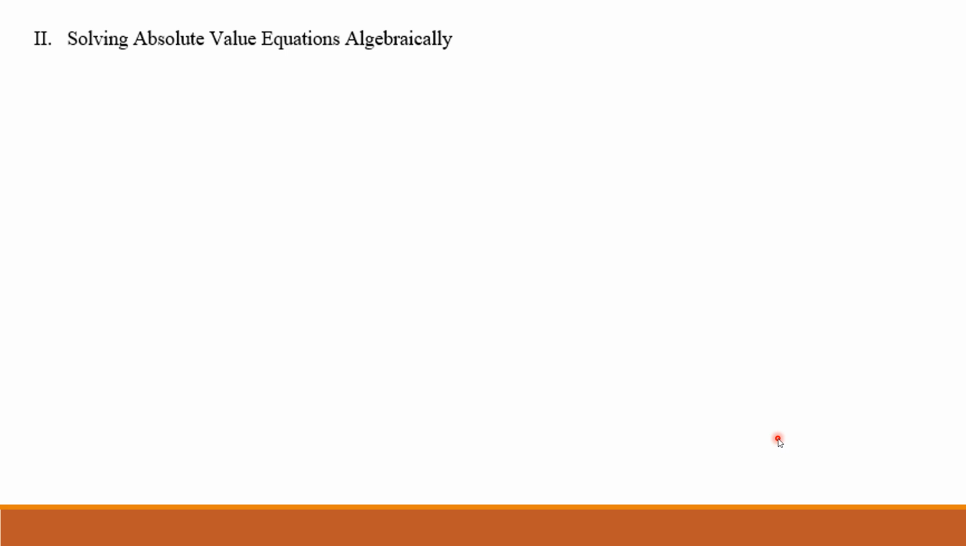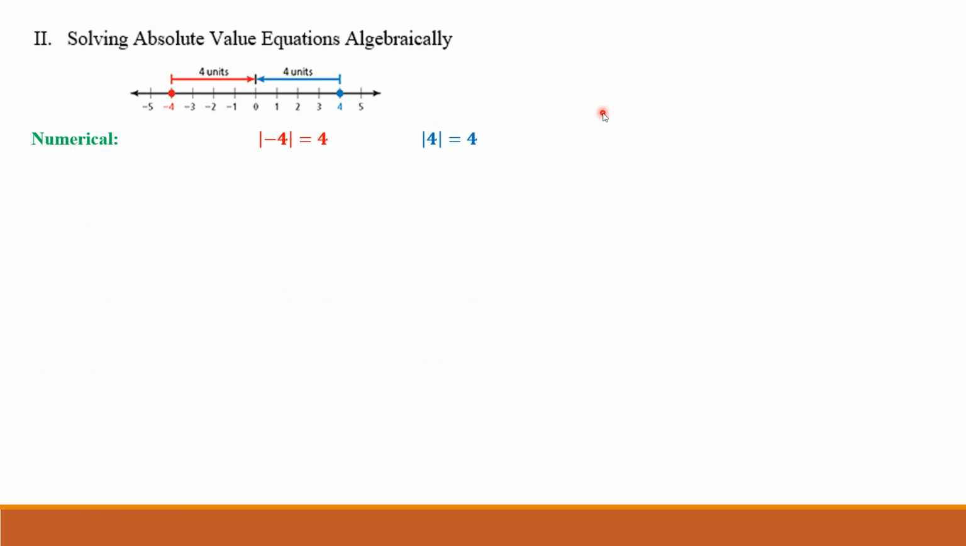So the next part is solving absolute value equations algebraically. Looking at our same example, we have a number that is 4 units away from 0 to the left and to the right. Numerically, the absolute value of -4 is equal to 4 because it's 4 units away from 0, and the absolute value of 4 is equal to 4. Algebraically, we said absolute value of x equals 4. And so now we can just think,